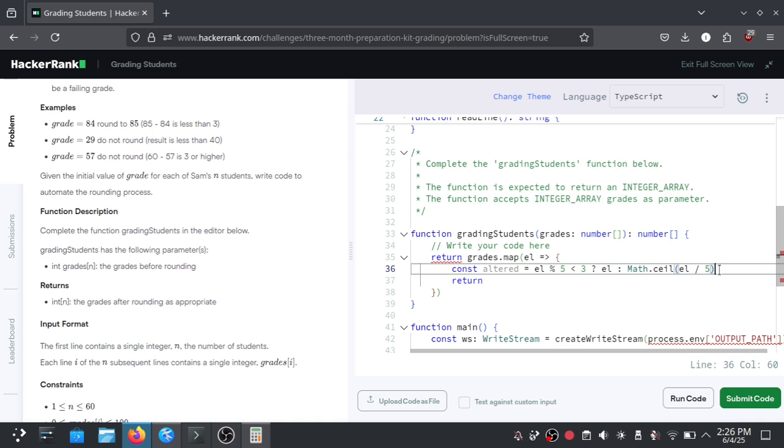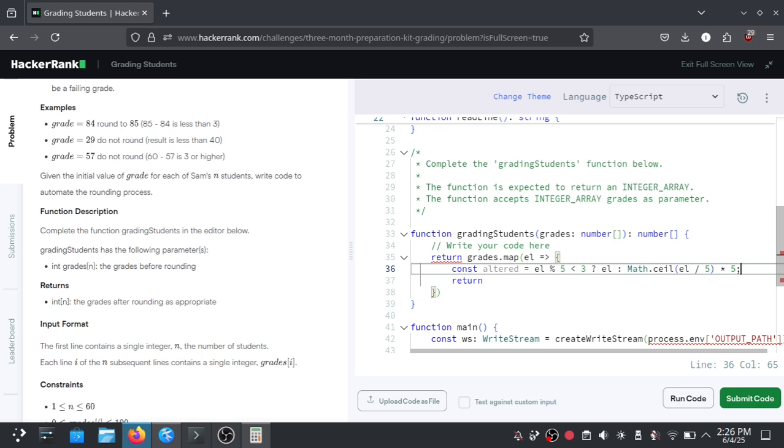37 divided by 5 gives 7 point something, which is rounded up to the nearest integer, 8, and then we multiply it back by 5, and the result is 40.